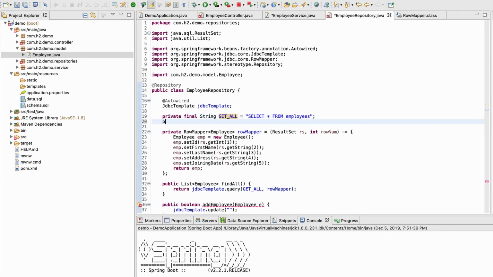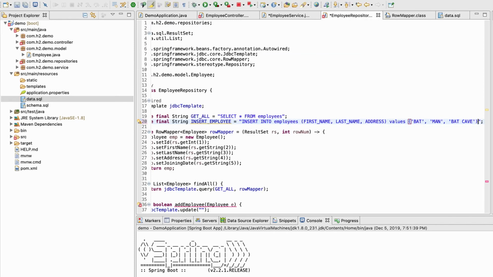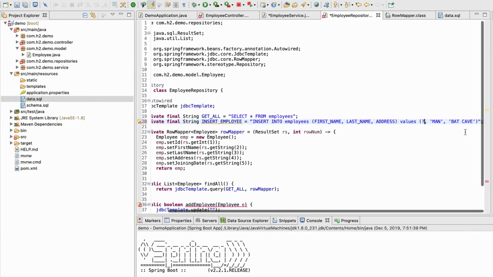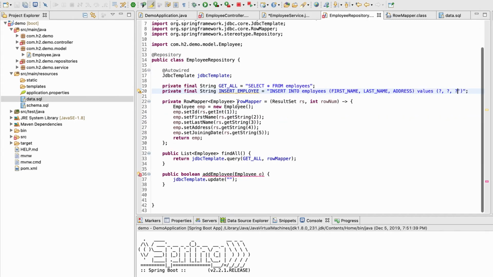Same way I can write private final String insertEmployee, and I can write the query here. We are using JdbcTemplate, and JdbcTemplate doesn't have the feature of named parameters, so we can do something like this: insert into employee. Or I already wrote that query here in the SQL file, I can just copy this and put it here, and I can delete this hard-coded value. Instead I can use this question mark. Okay, and I can use this insertEmployee